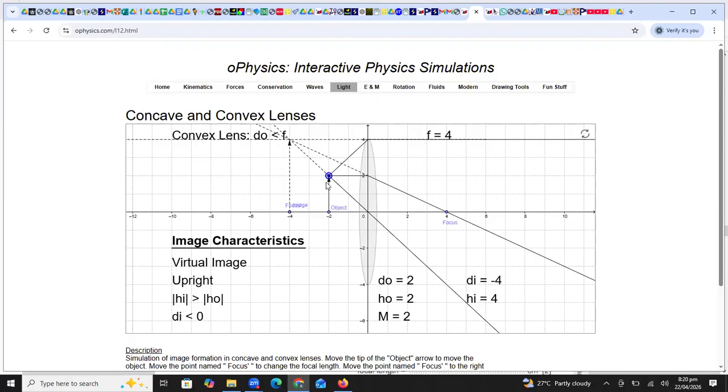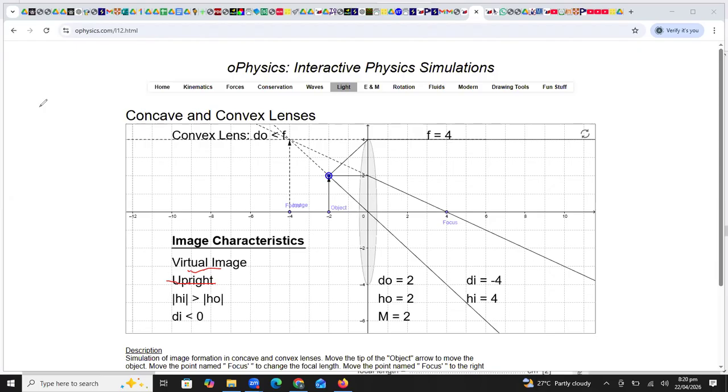When the object is placed very close to the lens, like it is in between the focal point and optical center, the image will not form at this side. The image will form at the same side where the object is placed, and this is an upright image. So you can see, students, this upright image is a virtual image. So I told you this tip that inverted images are always real images and upright images are virtual images. Is it clear to you, students?